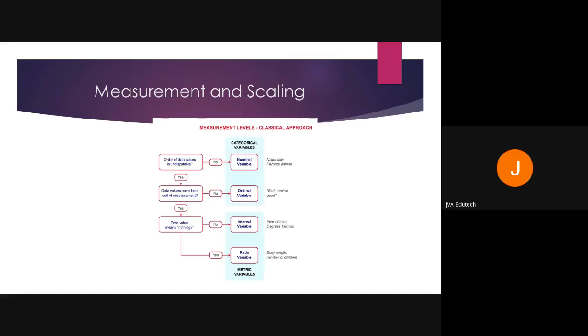Let's say I want to conduct some study across 3 states. So one set of respondents I'll say is from Kerala, another one is from Karnataka, third one is from, let's say, Tamil Nadu. So I will indicate one is equal to Karnataka, two is equal to Kerala, three is equal to Tamil Nadu. These are the numbers 1 to 3 that I have used for coding, but I cannot create any mean or median or any statistical correspondence. It will only give me an identification that those coded as 1 belong to Karnataka, coded as 2 belong to Kerala, coded as 3 belong to Tamil Nadu. Only this much.